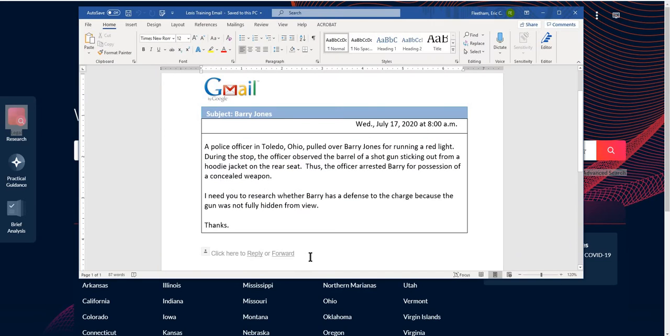So let's say you get into the office, you open your email, and this is what you receive from your supervisor: a client has been pulled over for running a red light, but the officer observed the barrel of a shotgun sticking out from a hoodie jacket on the rear seat, and so the officer arrested your client Barry for possession of a concealed weapon. And your supervisor wants to know whether you can assert a defense to the charge because the gun was not